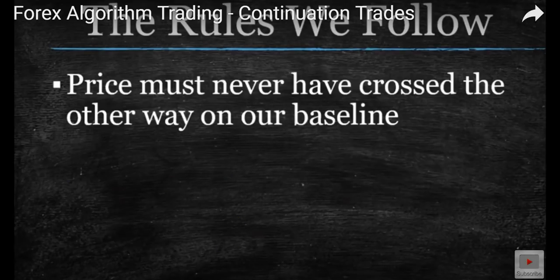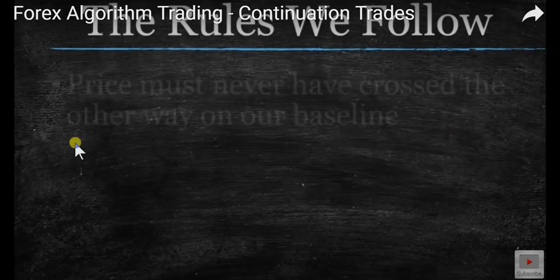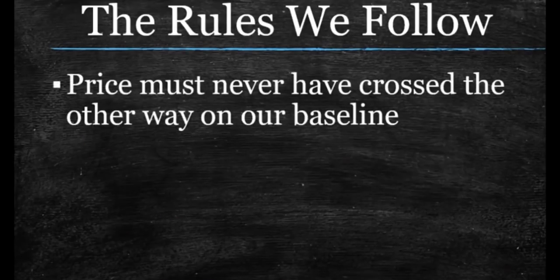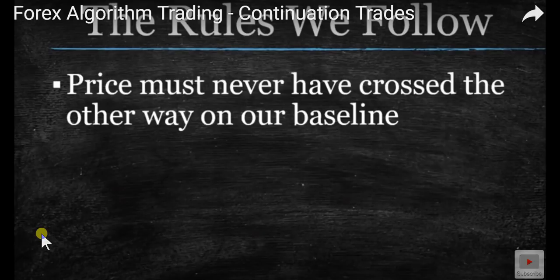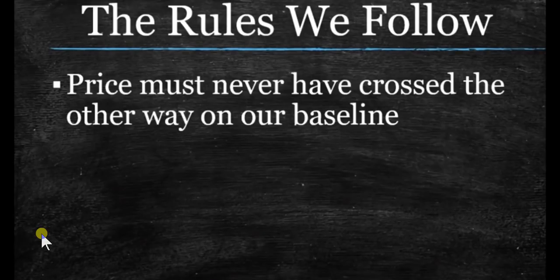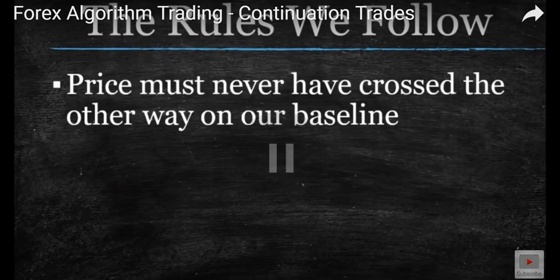Continuation trades. Price must have never crossed the other way on our baseline. So if we are going short, and price had already crossed short, we entered a trade, and then we exited, continuation trades, still going short, can happen as long as at no point in time